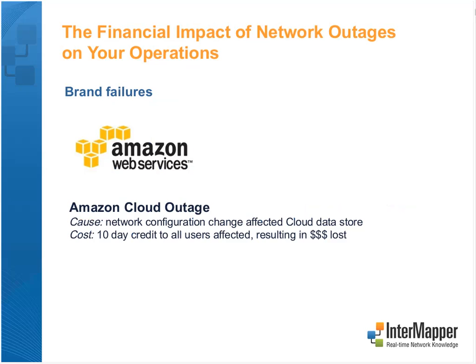So Amazon is known for their cloud computing services, and a few years ago they had a network configuration issue where they brought down one of their data stores. So the data store that some of their clients are hosting their information on was compromised. Now, what's the financial impact to this? A huge financial impact. Think about the amount of money, a 10-day credit to all their users affected. A lot of users use the cloud computing platform, and a 10-day credit amounts to a lot of money